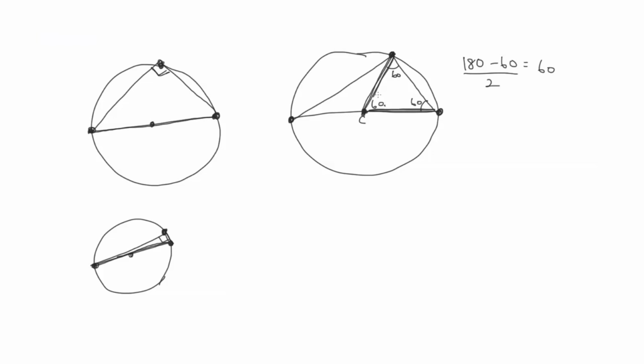If this is 60 degrees, then this angle must be 120 degrees. And again, these two angles, using the same logic, must be equal, since this is a radius and this is a radius as well. So 180 minus 120 divided by 2, we get that both of these angles individually must equal 30. Now if you notice,